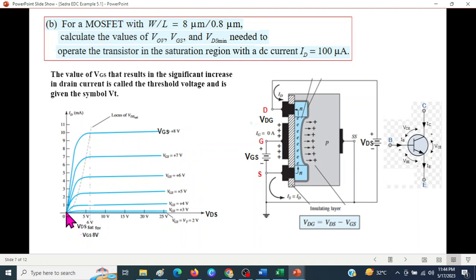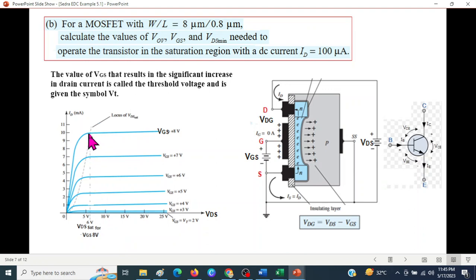Now see the shape of the graph. It is following the same pattern, but we'll discuss what is saturation. The saturation is the point, like if you take this big graph, the current is increasing, then at this point there is hardly any increase in the current. So this point we'll call the saturation point. Similarly for all these. Now this is the locus of the VD saturation. So here it is saturating, at this point it is saturating,